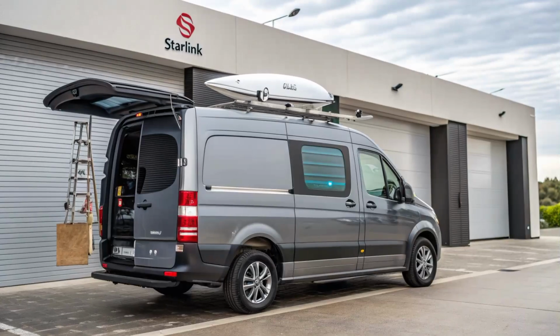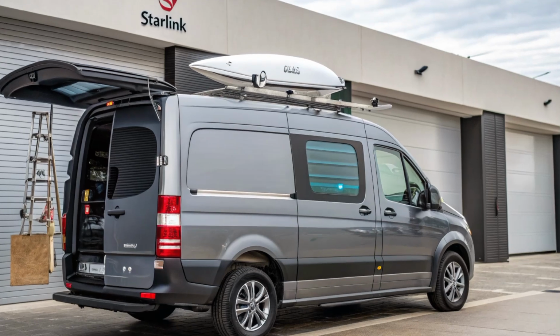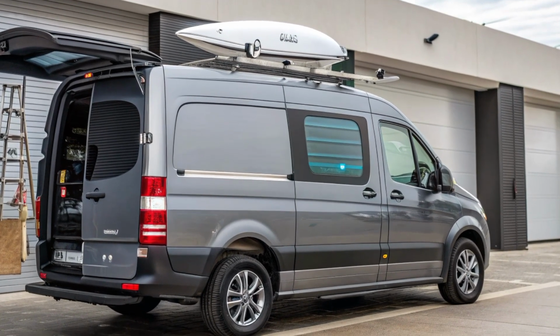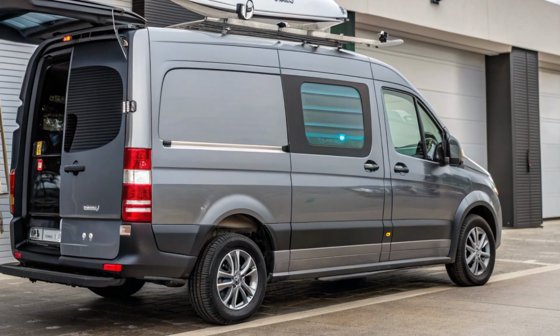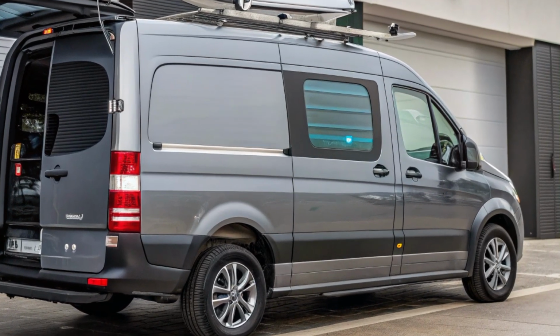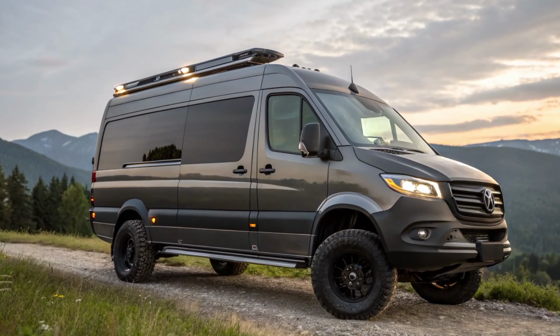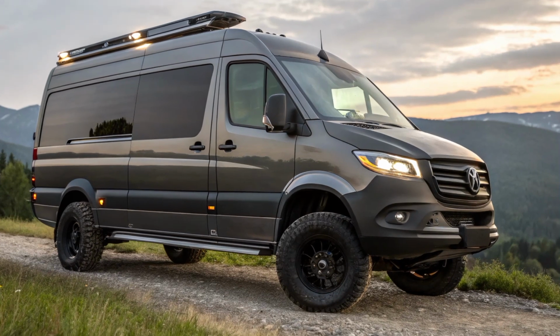A Starlink satellite internet system provides fast, reliable connections anywhere in the world, making remote work or content creation a breeze. A high-end security system, complete with motion sensors, GPS tracking, and remote monitoring, keeps the van and its occupants safe. The rear garage area is equipped with modular storage solutions for bikes, surfboards, or additional gear, making this build